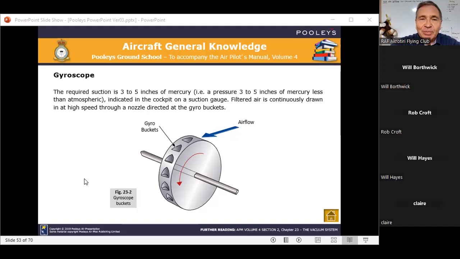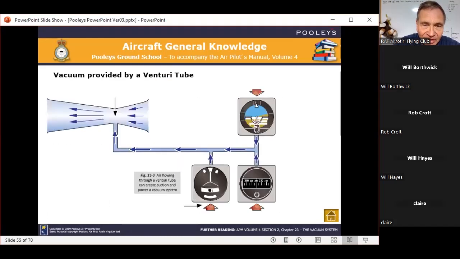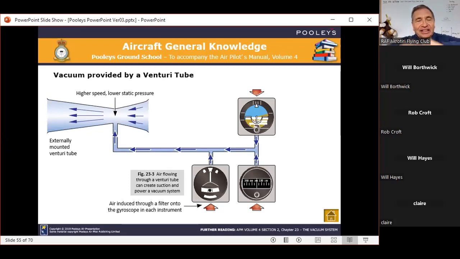There is another method, which is very popular on more vintage aircraft, and they have a device called a Venturi. There's a nice picture of a Venturi, so instead of me drawing one, I've got one here. If you take a tube and you pass air through it,